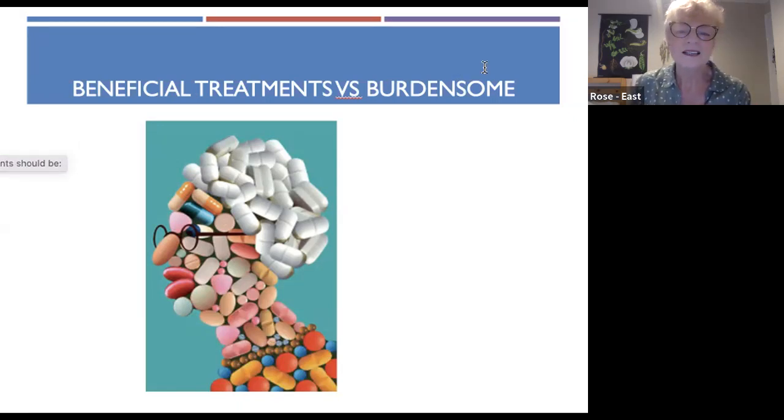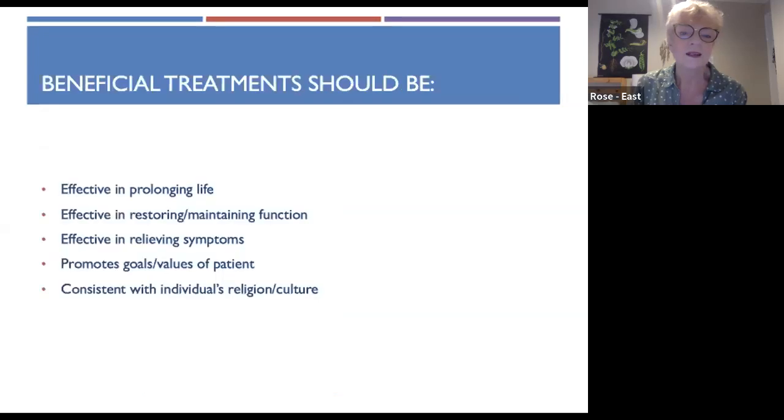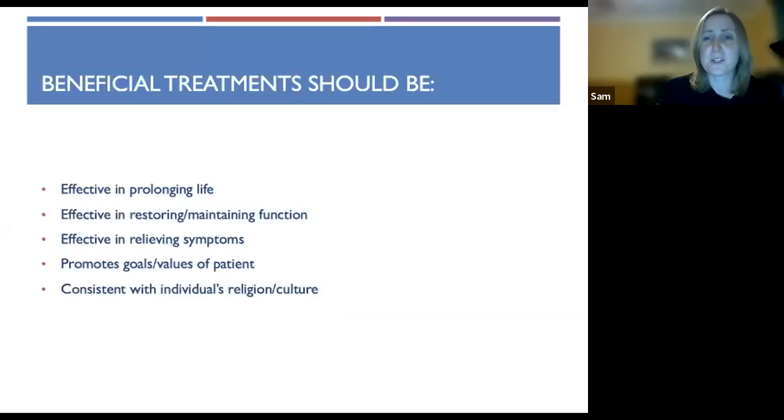And these burdensome treatments, I think we do need to be realistic, paint a more realistic picture instead of being all airy-fairy. The doctors sometimes won't be really straight with the resident. But, oh, sorry, Rose, I was just going to say,